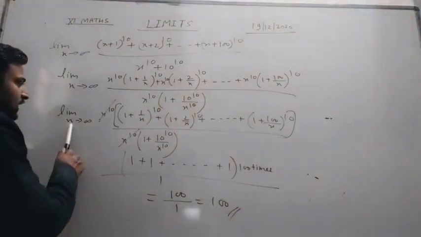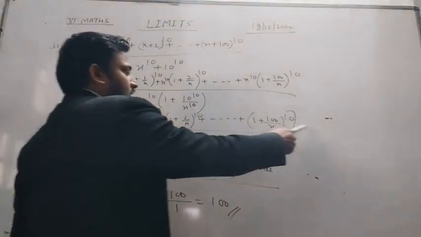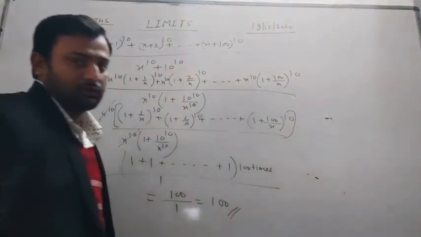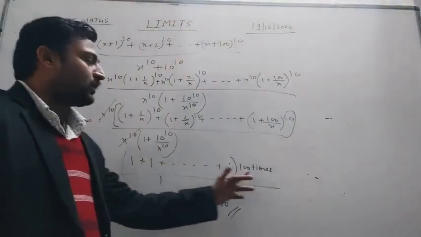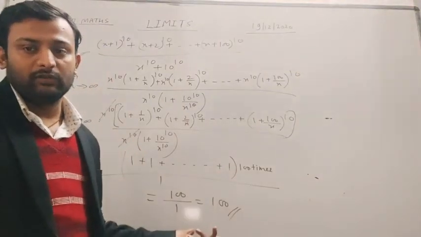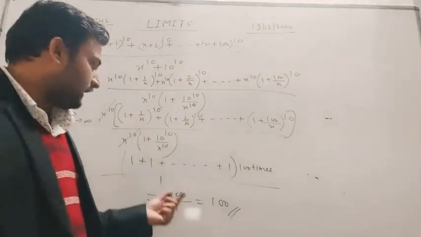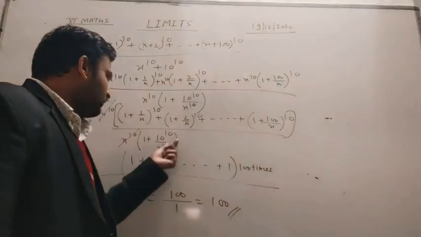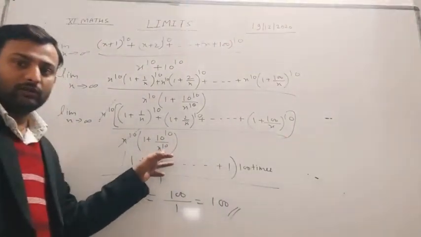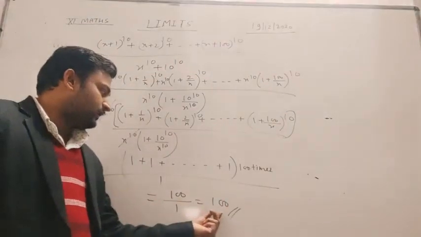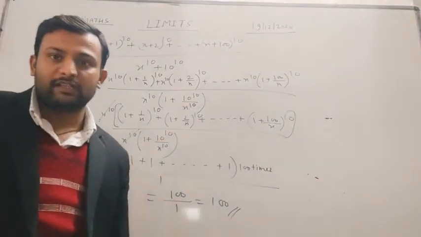Now we put the limit. X is infinite, so this term will be 0, this term will be 0, dot dot dot, the 100 terms will also be equal to 0. Limit is 1. So there is 1 plus 1 plus 1, dot dot dot, how many times, students? 100 times. So when we add 1 100 times, we get 1 into 100, that is 100, divided by 1, because the denominator term will also be 0 as we put limit x tends to infinity. So we get 100. This is our required result. I hope you understand, students.